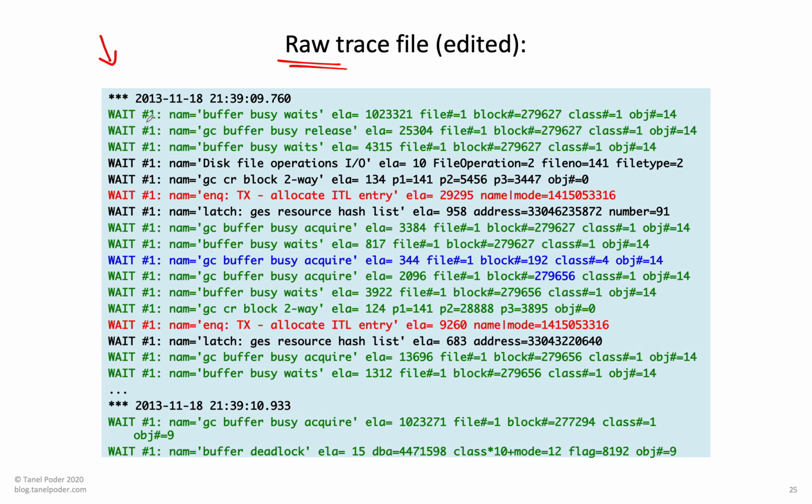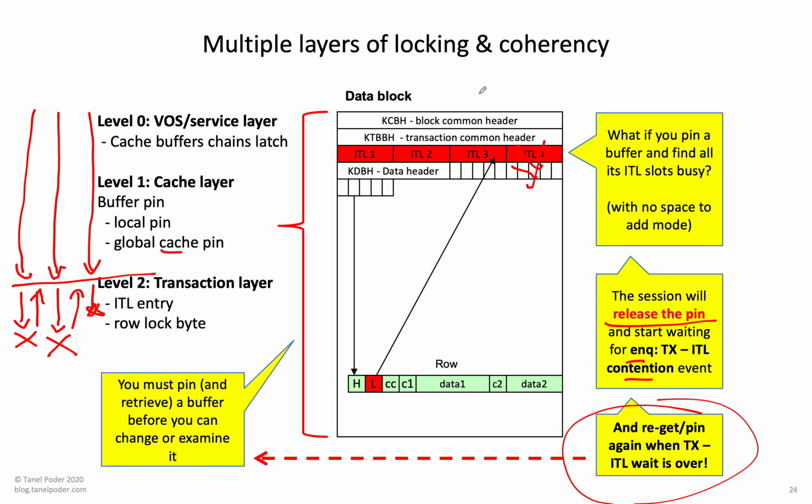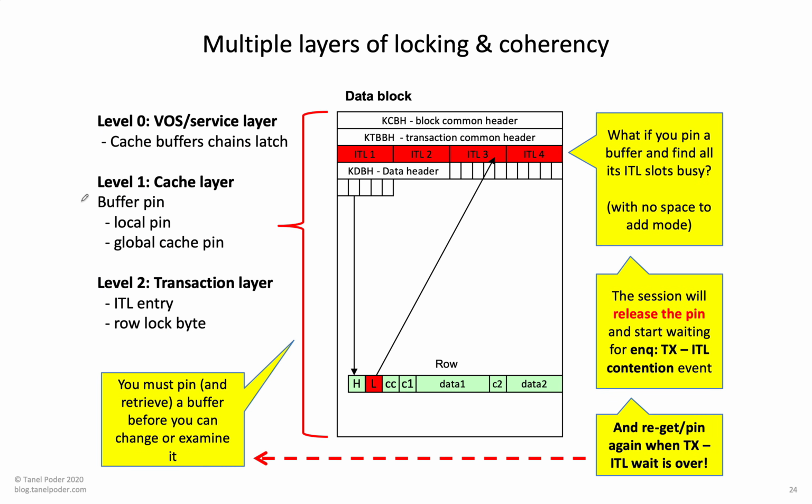And you see, we have a local buffer busy wait, that's over. Then we have a global cache buffer busy release. This is for RAC, right? But this is just to access the local buffer. And you see, it's all the same file and same block, right? So there may actually be more levels to this. I explained two levels here, but it looks like that